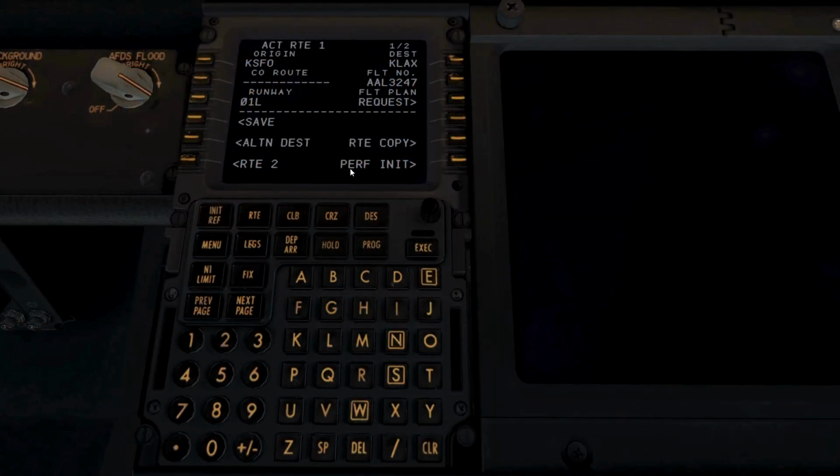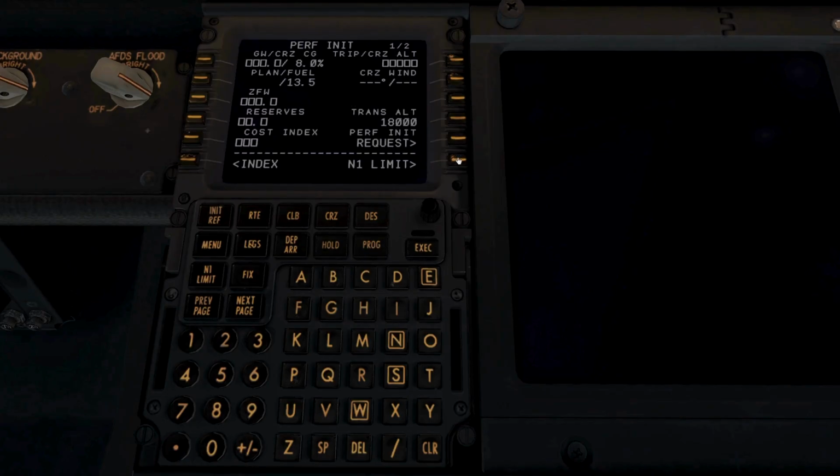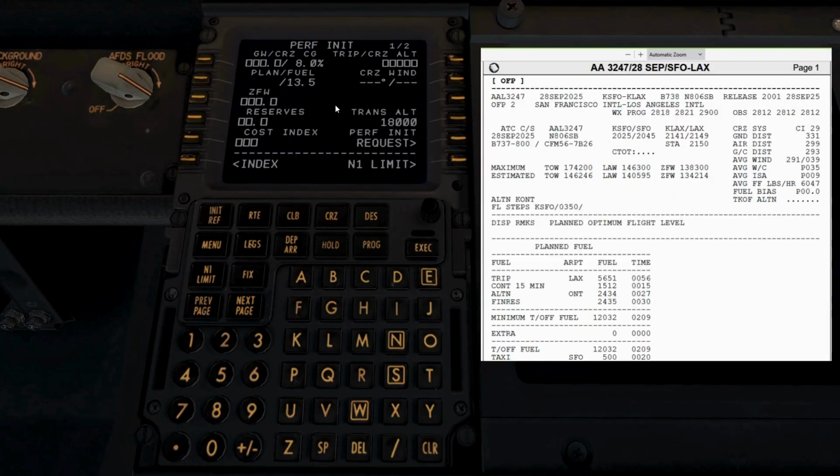Next page, PERF INIT page, performance initialization page, where we will fill in this data according to our flight plan, as you see here. Notice that the fields with the squares should be mandatory filled, while the fields with the dashed lines may be filled or not. We will start by the cost index, which is 29